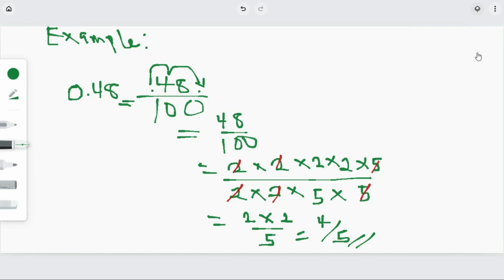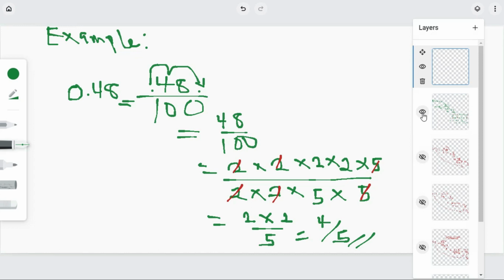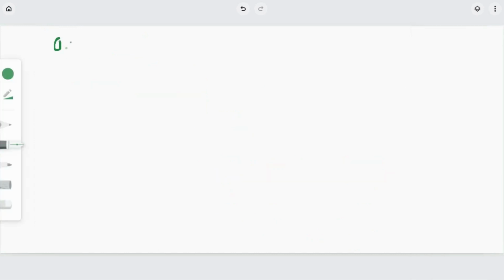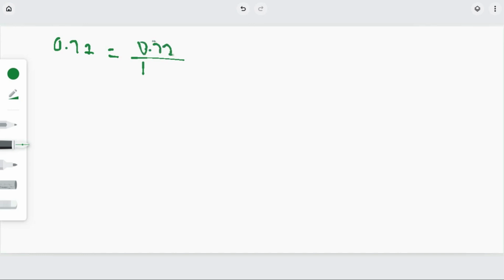So let's quickly do the second one, which is 0.72. We want to change 0.72 from decimal to fraction. So we are going to write 1 here, so 72. 0.72, shift the decimal point to the side 2 times, like that. So we have 100 here. So we are now going to reduce 72